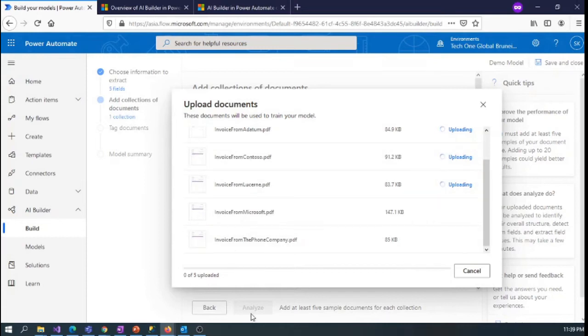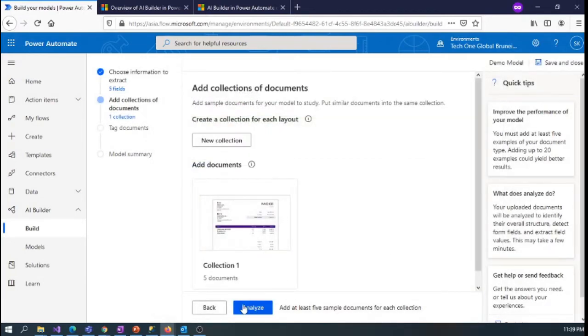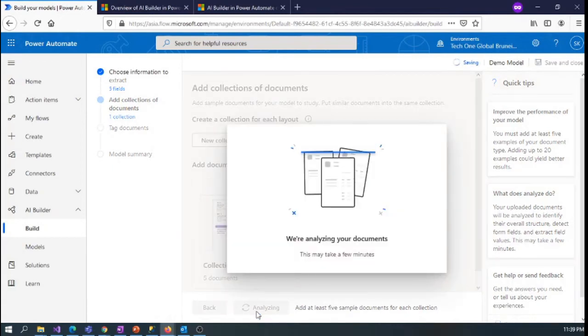So the documents are uploading here. Now I am going to click on analyze. This model is now analyzing our documents. This may take a few minutes.